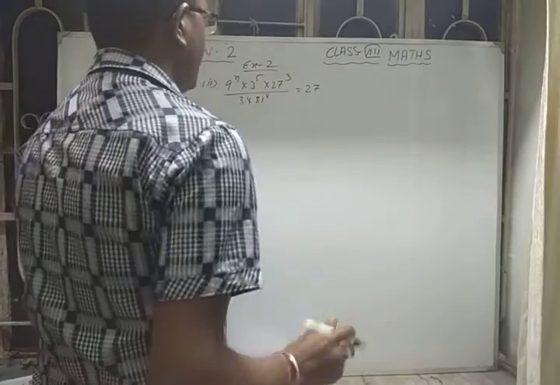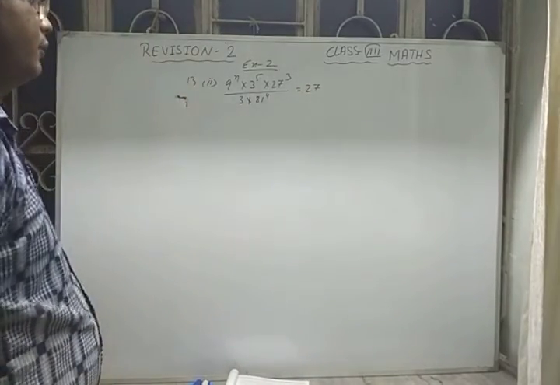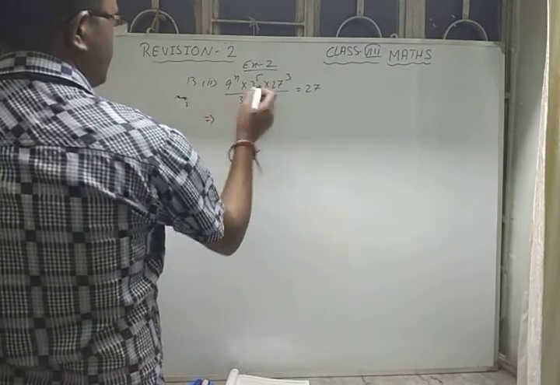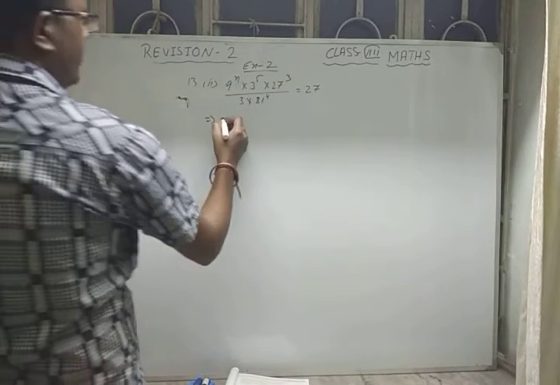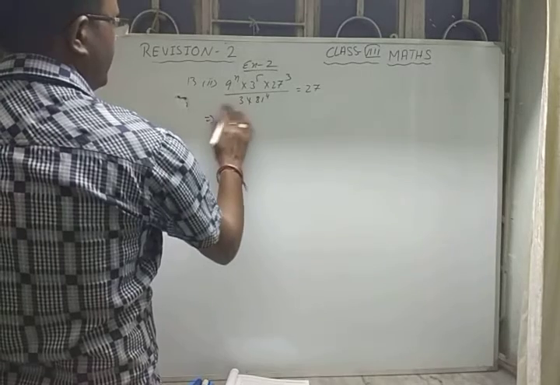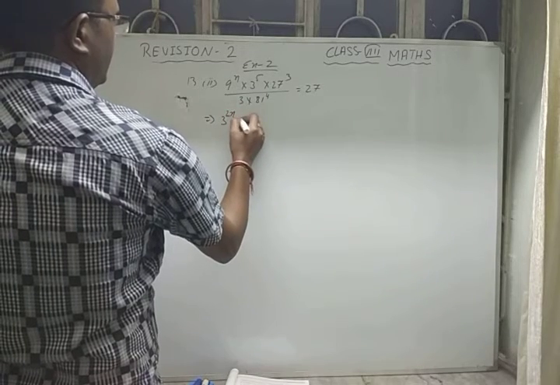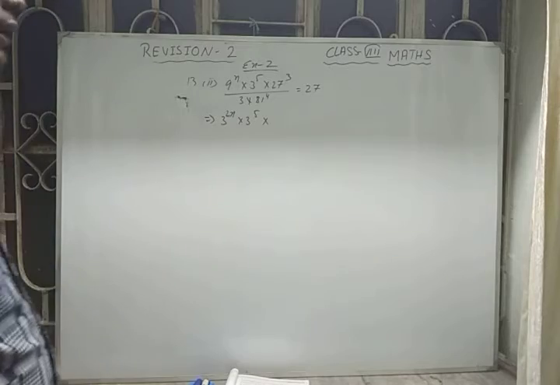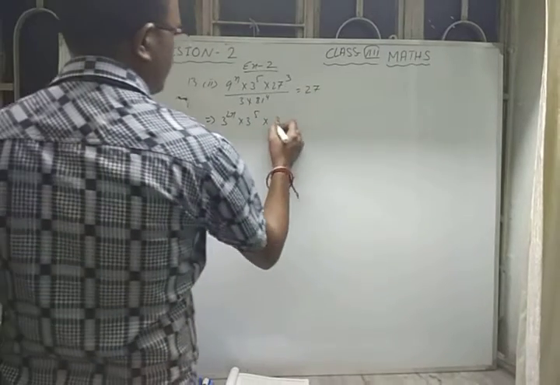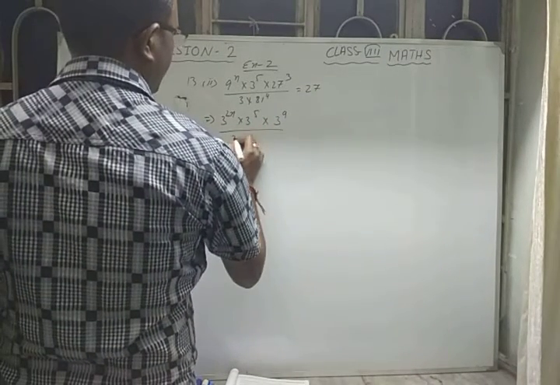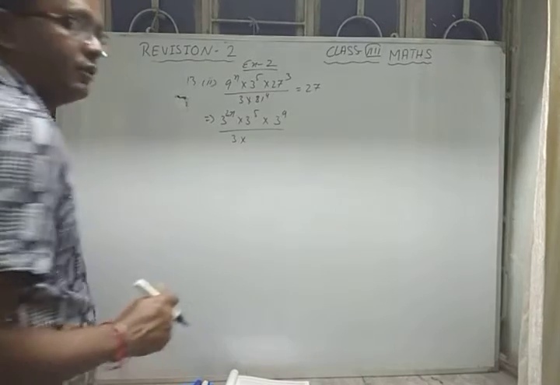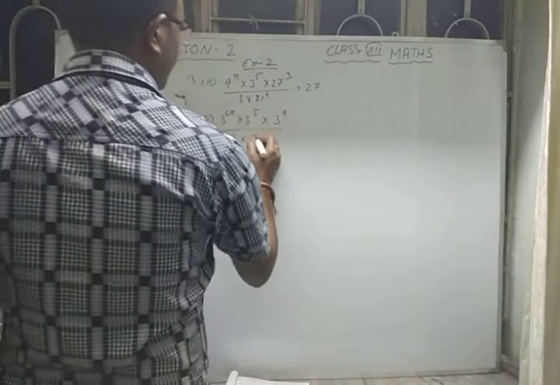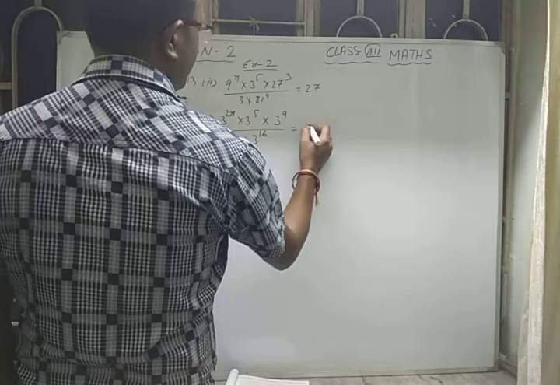Now you have to find the value of n here. So how will you do it? First of all, you just break them down as simply as you can. So 9 means 3 square, so it will be 3 to the power 2n into 3 to the power 5. Again 27 means 3 cube and 1 3 is there, so it will become 3 to the power 9, by 3 into 81, which means 3 to the power 4, and 1 4 is also there, so it will become 3 to the power 16, equal to 3 cube again.